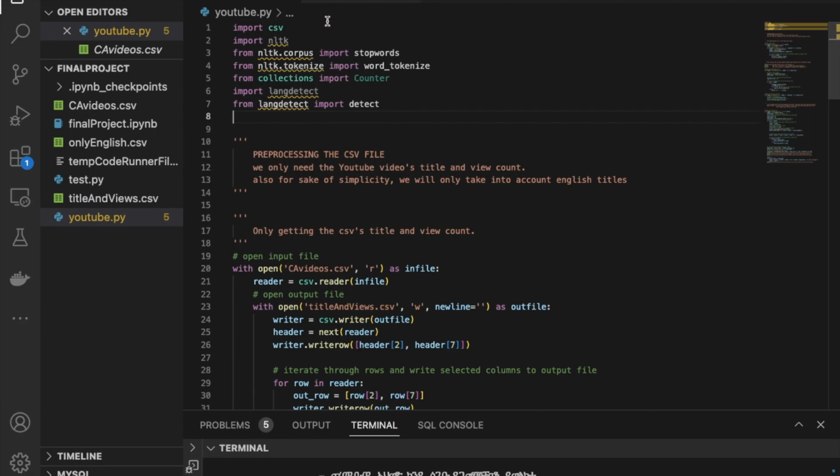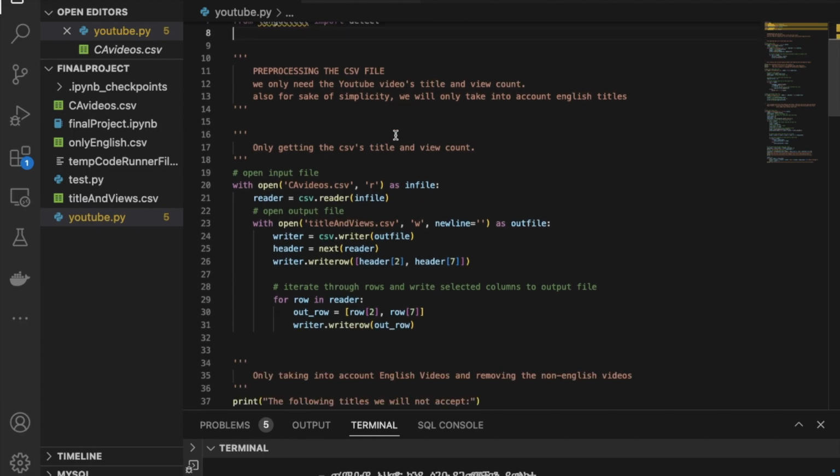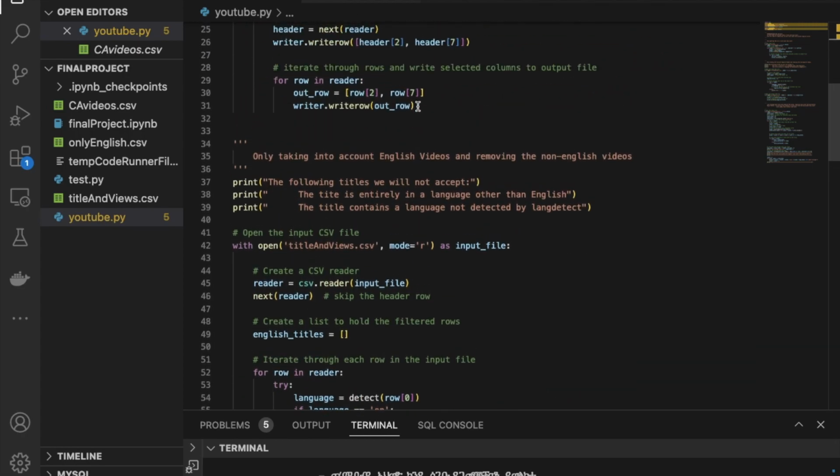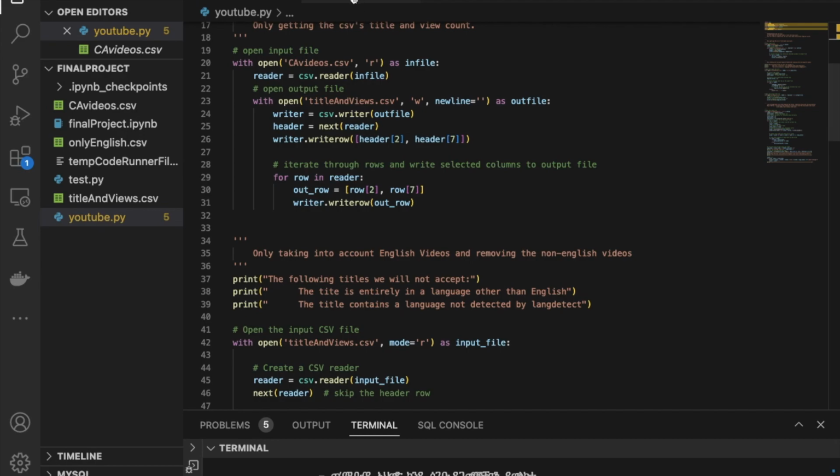So I wanted this code to be able to be utilized for all types of CSV files that aren't just YouTube videos in English. So the Kaggle data set that we were given, it includes more than just Canada and US. It also included Mexico and Japan and Korea. So I wanted to make sure that we only take into account English words, so that, let's say, in Korea,